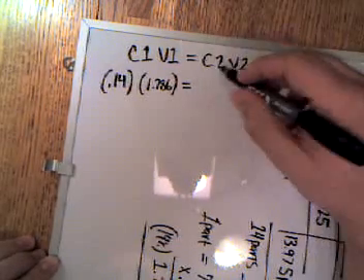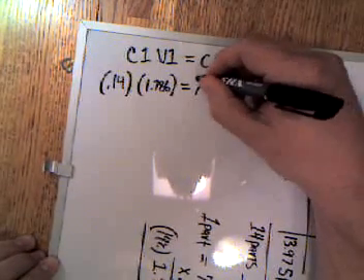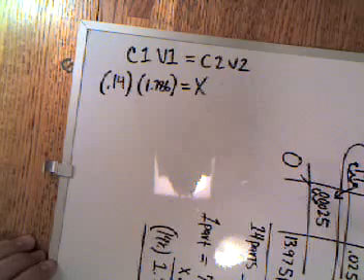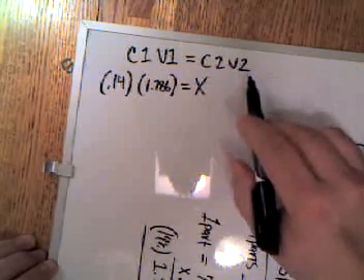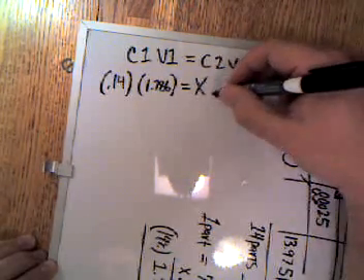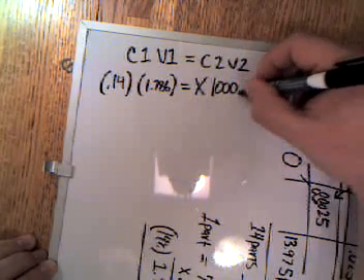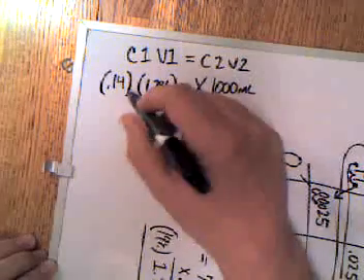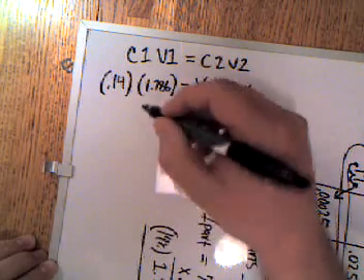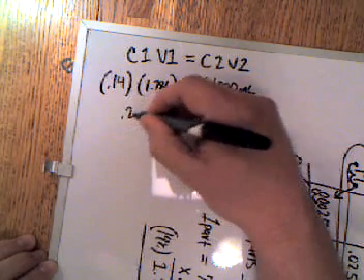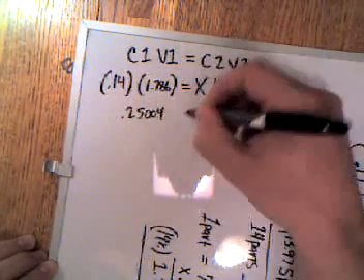And then our concentration 2 is unknown at this point, because that's what we're trying to solve here. And the volume 2 of that, which is our final volume, which is 1,000 milliliters. Okay, so if you multiply these 2 together, you get 0.25004 equals